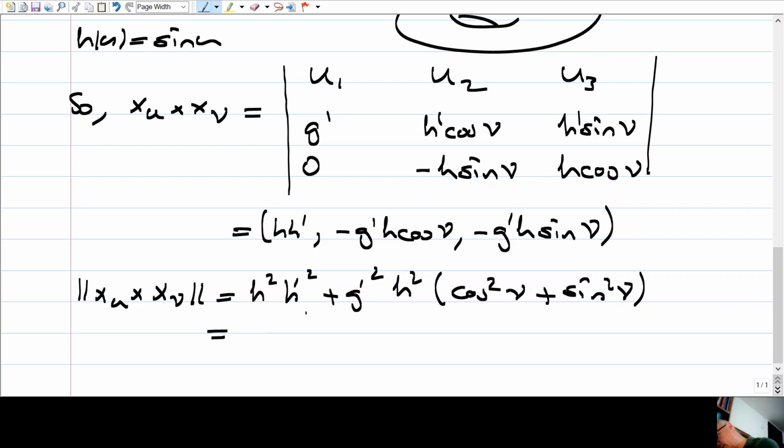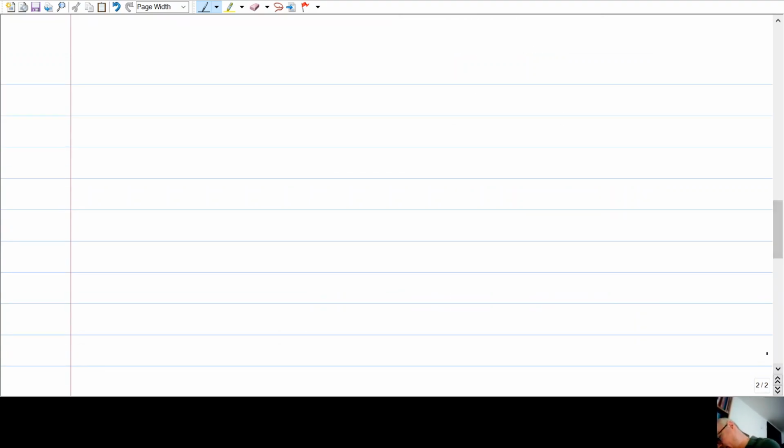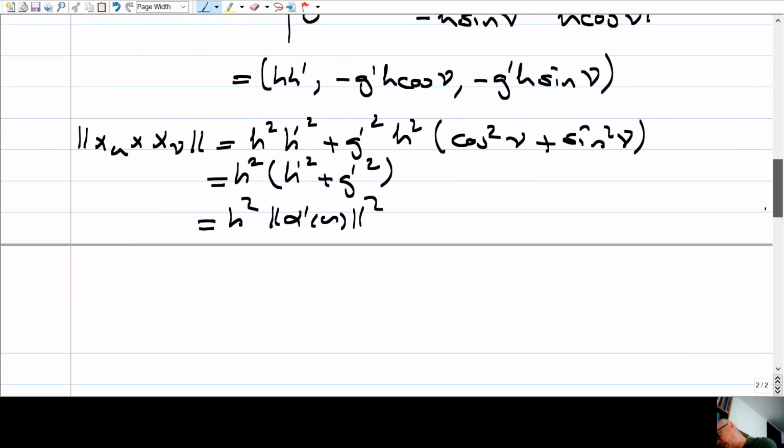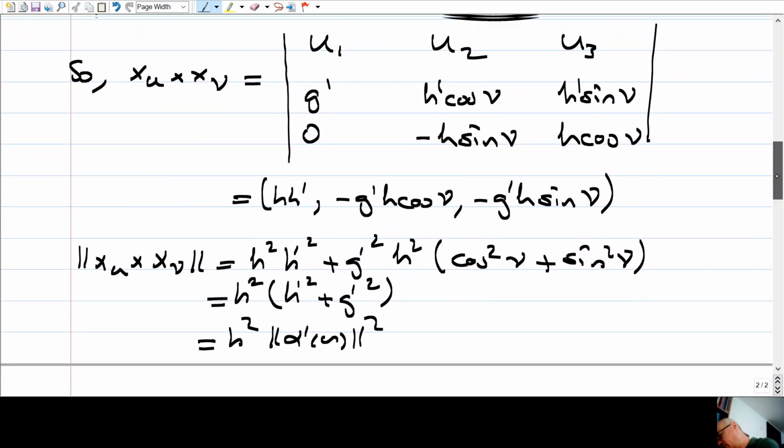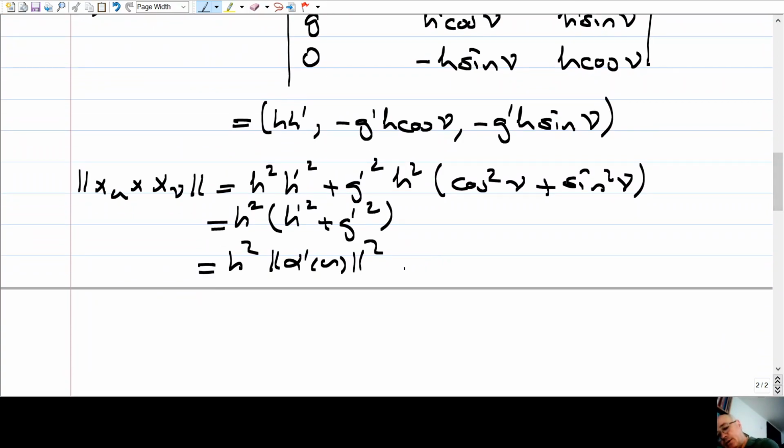So this is just h squared times (h prime squared plus g prime squared), but this is just h squared times the norm of alpha prime of u squared. So this is never zero,